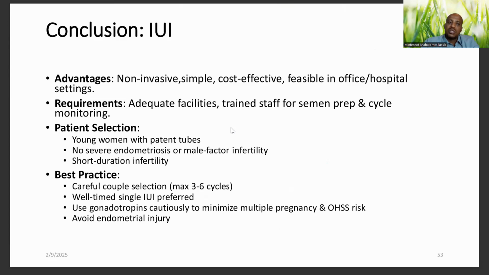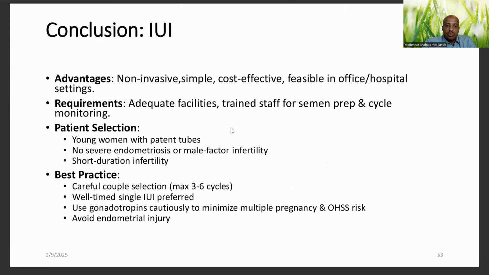And you have to make sure that you have good patient selection. You have to select a young patient who has patent tubes, with no severe endometriosis or male factor infertility, and short duration of infertility. IUI should be the first line of treatment. Otherwise, if you have bad patient selection, the patient will fatigue and give up on fertility treatment in general. So best practices: careful couple selection, well-timed single IUI,